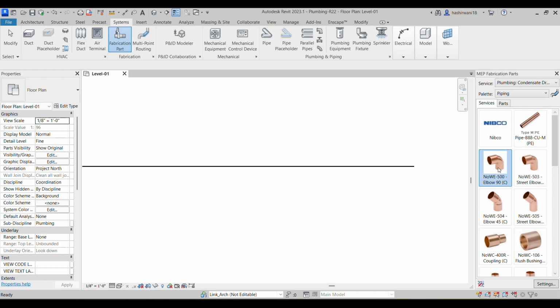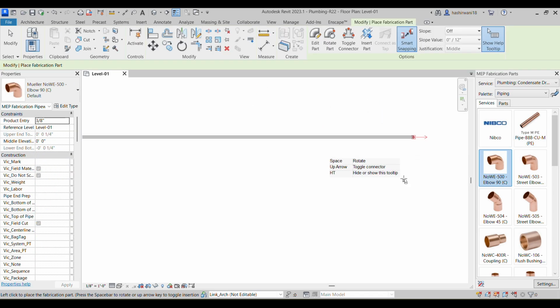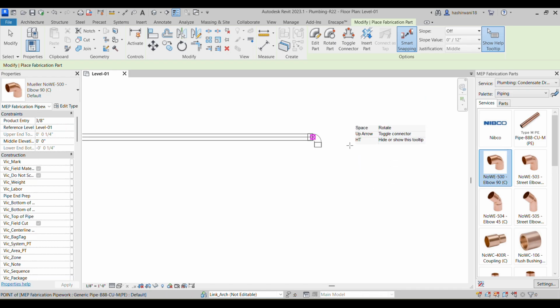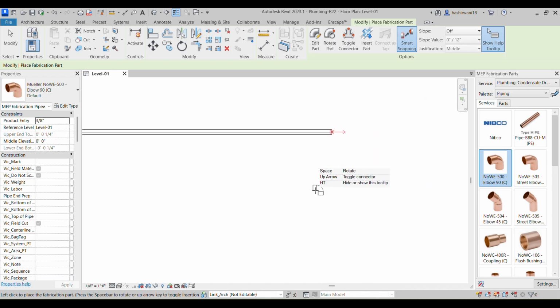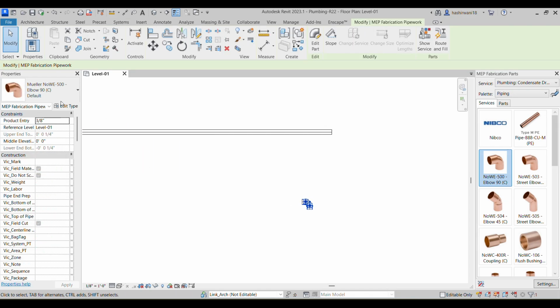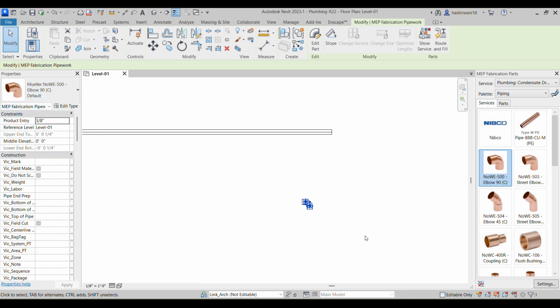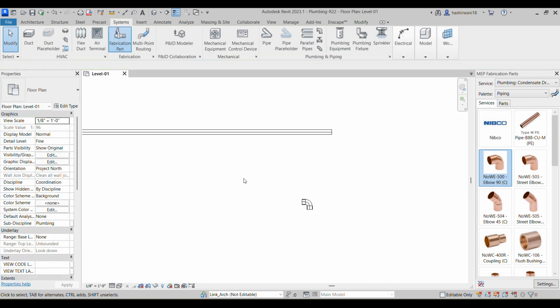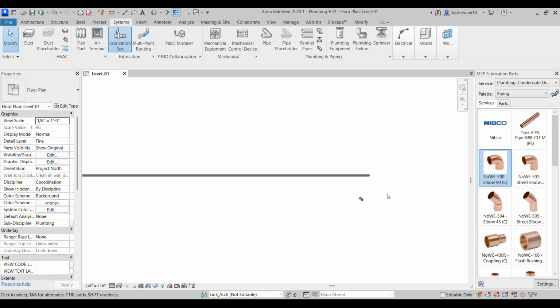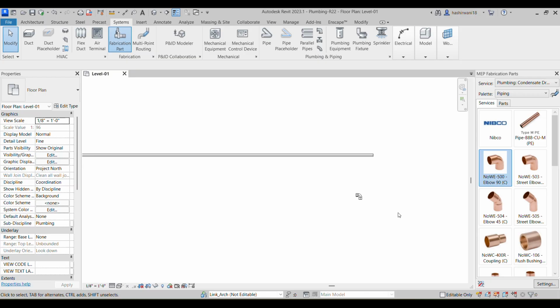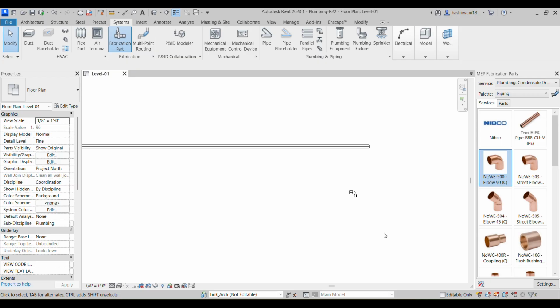Similar thing is with the elbows. If I select this elbow, can you see if I zoom in, I'm able to place this elbow anywhere. But if I escape now, if I select this particular elbow, if I go in the market and look for this particular elbow, Mueller number WE 500 elbow 90C, I will surely be able to find it in the market. So using the fabrication part, we guarantee that all the things that we have actually modeled, the sizes of these